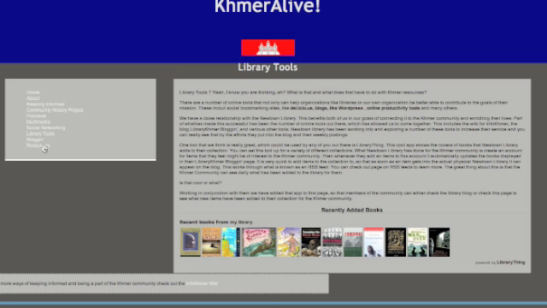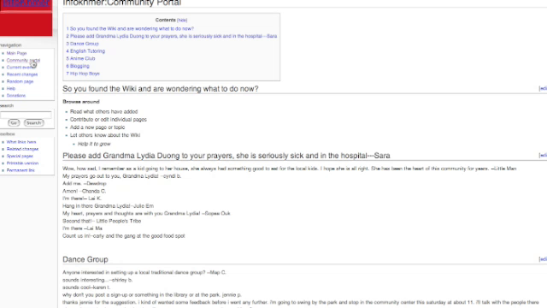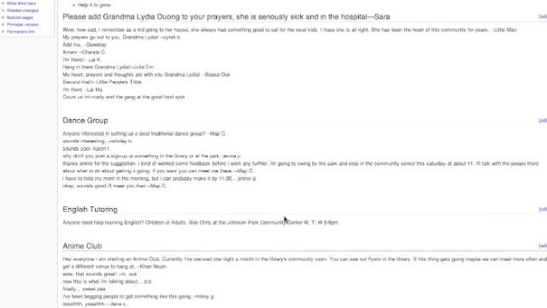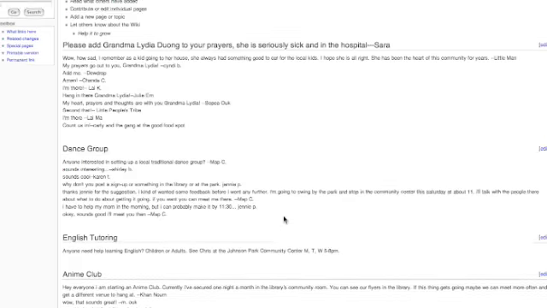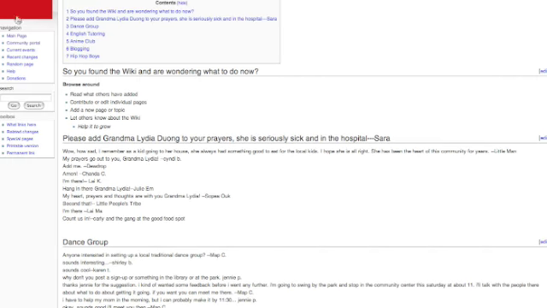Before I hit resources, which is just a link of resources, there's also what's called Info Khmer Wiki. Basically, this is a community portal in which members of the community can keep in touch with one another. They can form their own groups. It's pretty simple. They just log in, create a group, and they hold their own conversations and message boards with one another. If you go back here, there's also